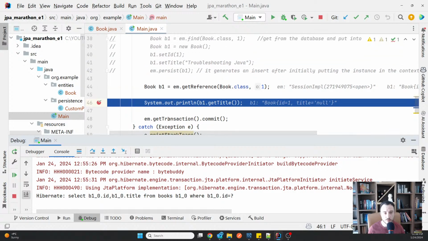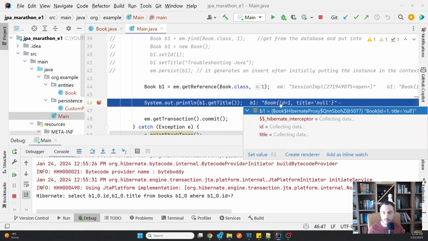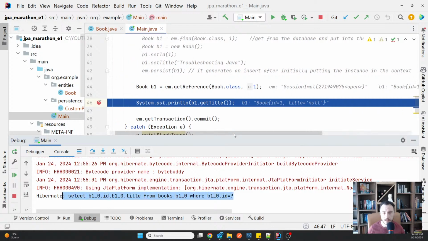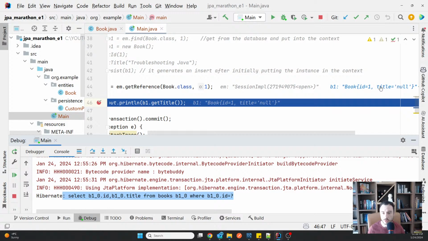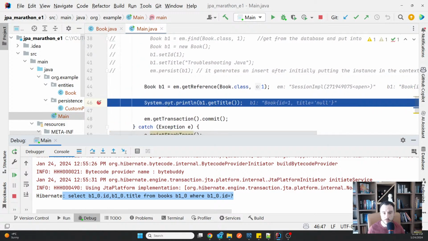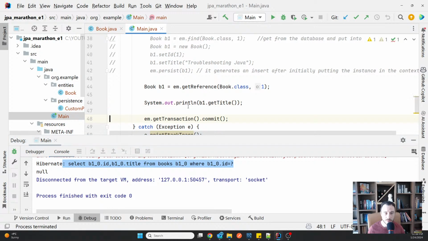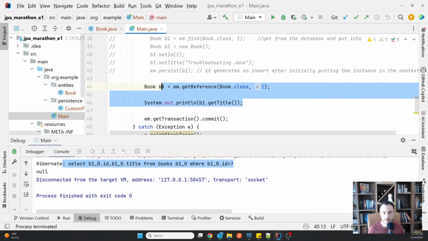So I really don't know how to prove that, but normally the get reference only gets you a proxy, and that proxy doesn't trigger the query unless you use it. While in my case here, I think that you see it in the console because the IDE triggered it to show this on the right here, even if it wasn't already used. So pretty much difficult to demonstrate that, but that should be the case. I will think about a way to demonstrate that, but I don't have something in mind now.